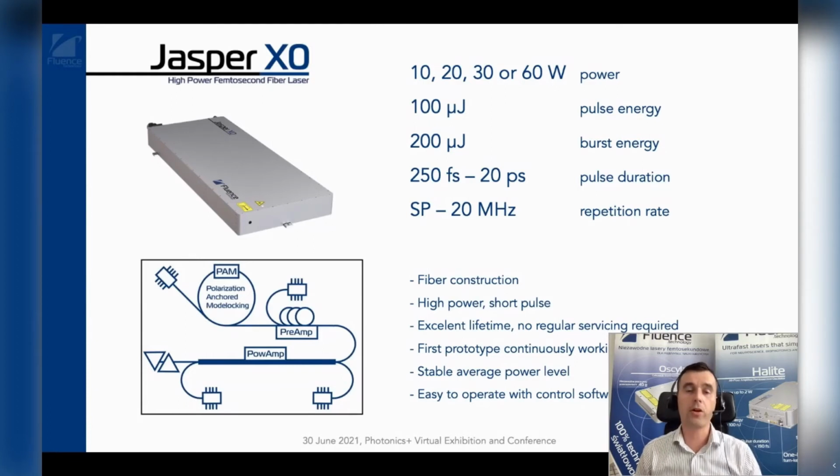Just a couple of words about our laser that we use for this microprocessing and micromachining. So the best choice right now we have is Jasper XO. This is a femtosecond laser that comes in 4 power variants, and you can have between 10 and 60 watts of average power and 100 microjoules of pulse energy, even bigger energy in a burst mode. And what's most attractive is that you have one laser where you can have both femtosecond pulses and picosecond pulses,